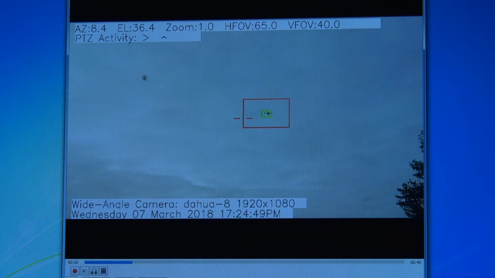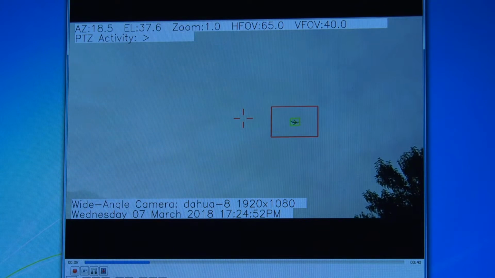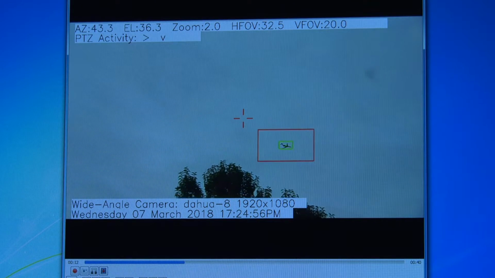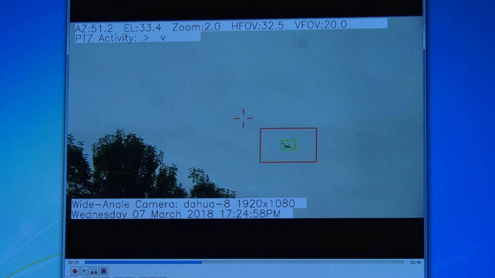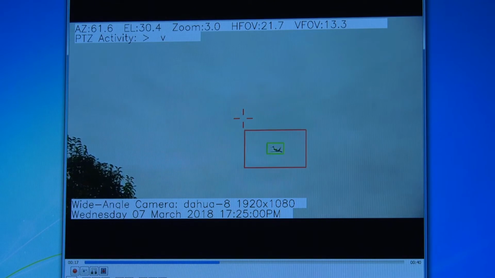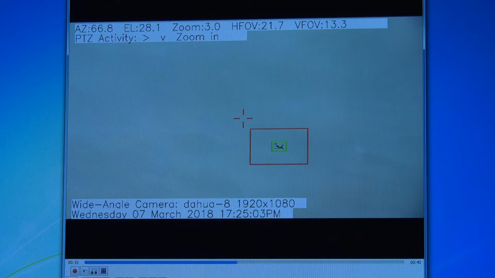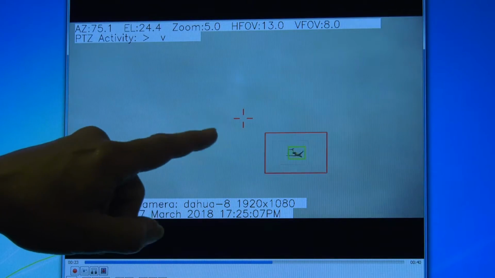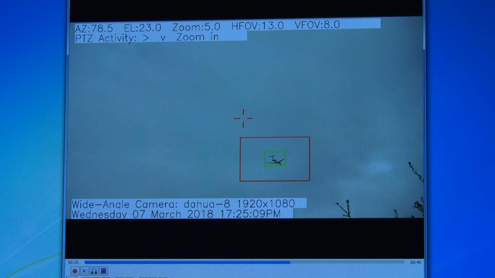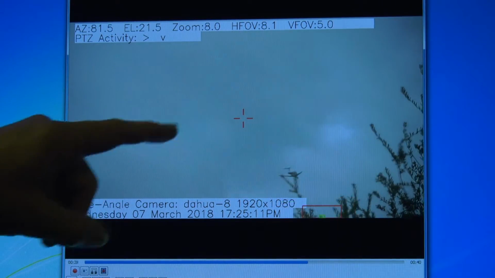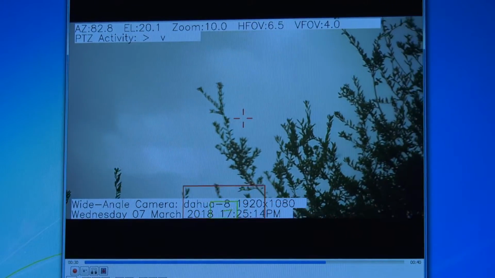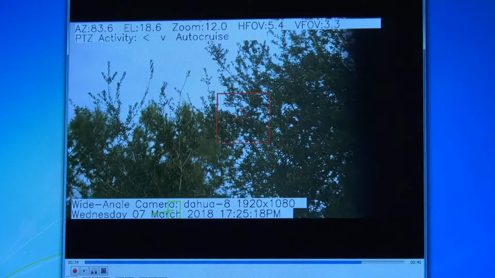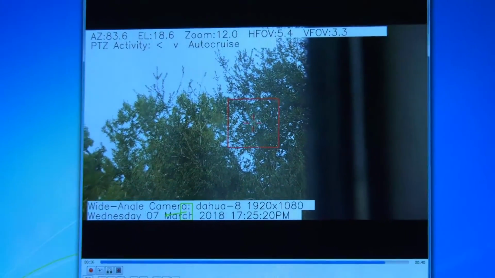There's another jet. Zooming in on it, it zooms incrementally. The software implements a closed loop pan tilt feature where it's always trying to move the object to the center field of view, because obviously when you try to zoom and you're not in the center field of view, the object will go shooting off one direction or the other. So it moves, zooms, moves, zooms in sequence like that.